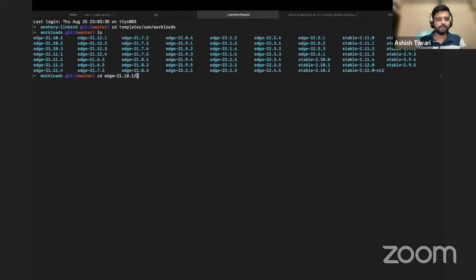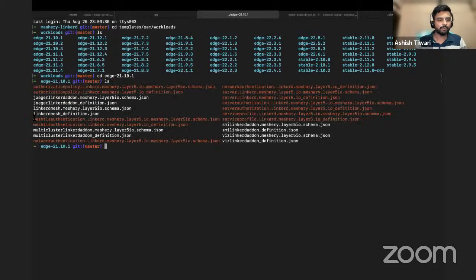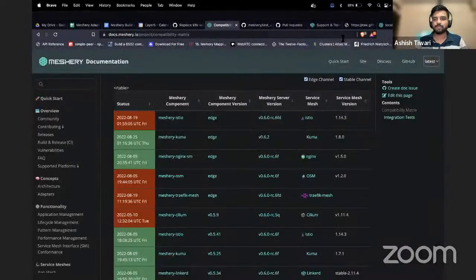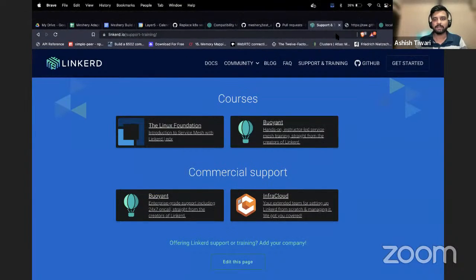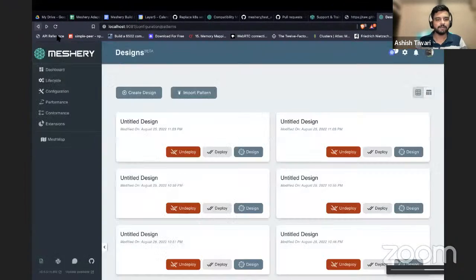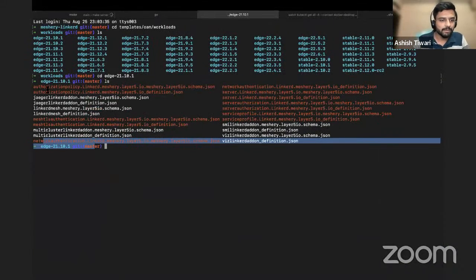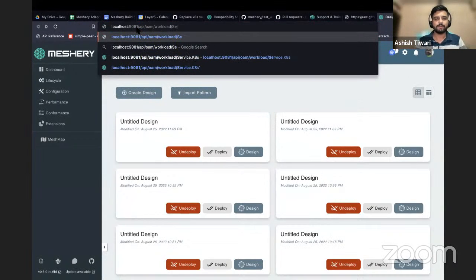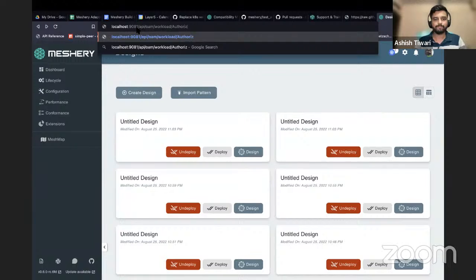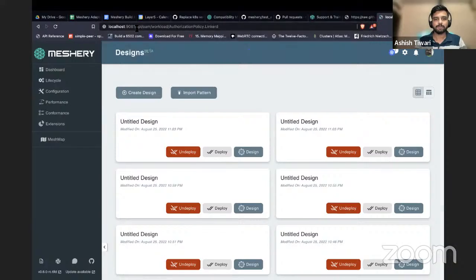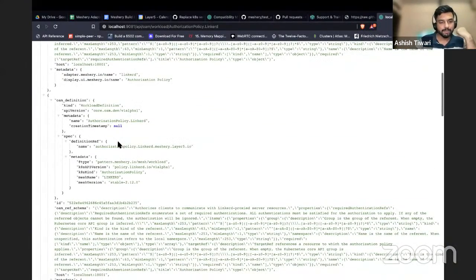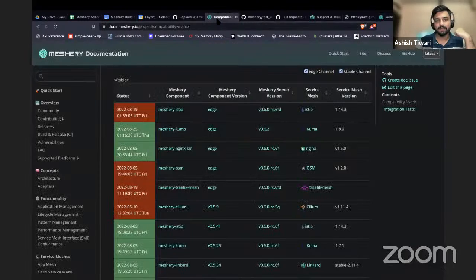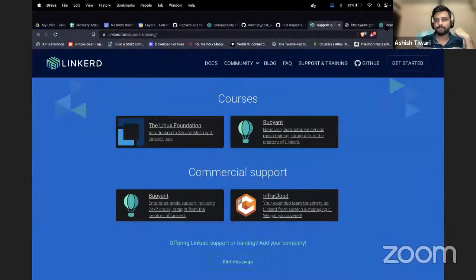So as you can see, authorization policy, mesh TLS authentication, network authentication, I don't see these things here. So while showing people this, I think I might have got a bug as well. If I look at authorization policy.linkerd, I should be able to see a component there. Yeah, there is a component here,